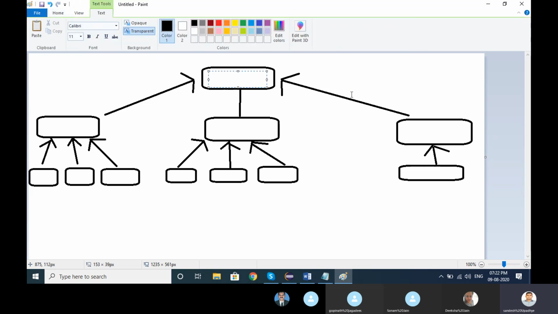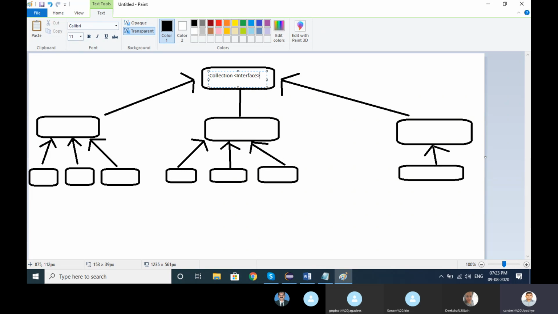This is the collection, right? Collection is one interface. Interviewers love the collection topic, and they will definitely ask some questions about it.